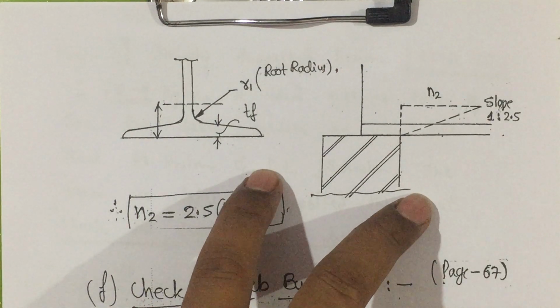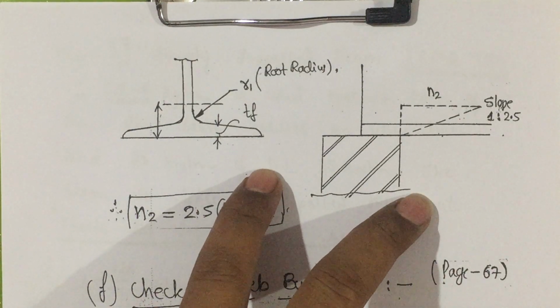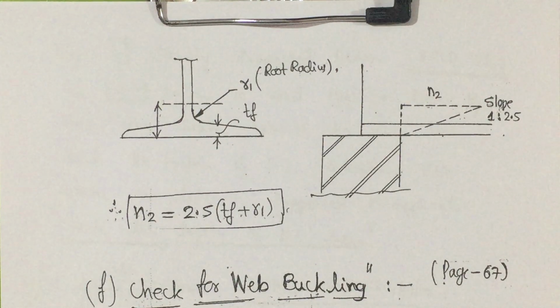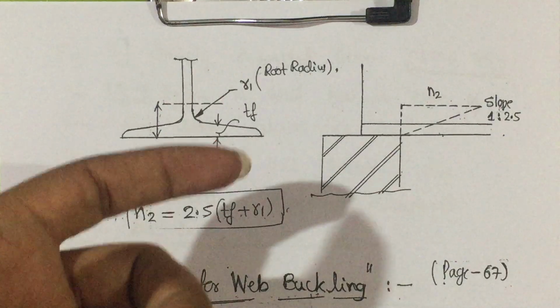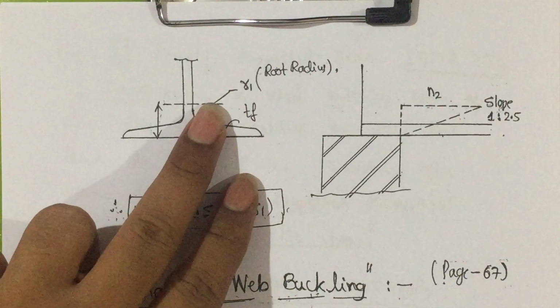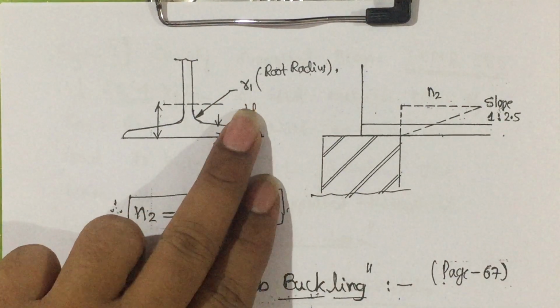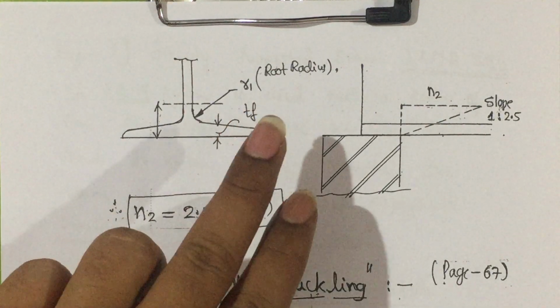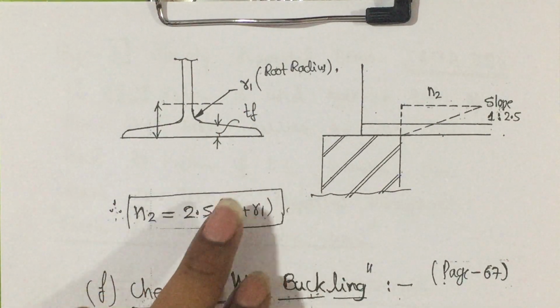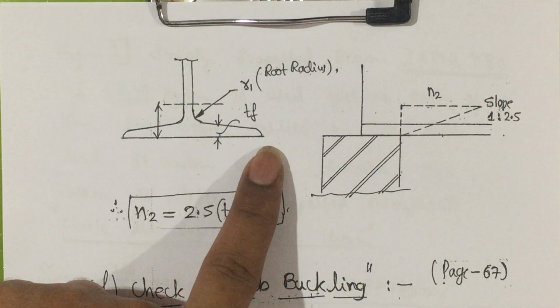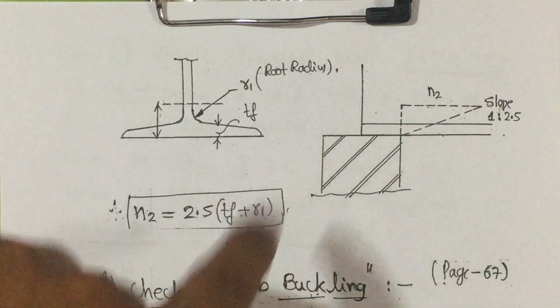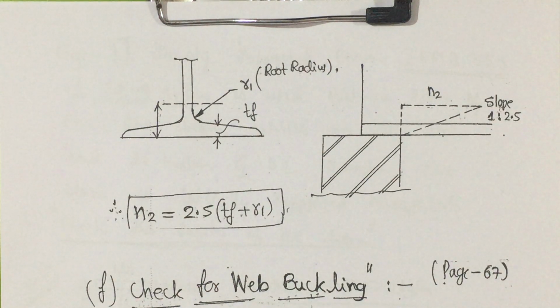Now, in this particular unit, we come across two types of problems. One is regarding checking the design, another one is regarding designing the beam. In the first one, the section and all those things will be given. We need to check that section whether it is fully compatible with all the parameters or not. One is checking the section for its strength, second one is designing the section. There are two types of problems.